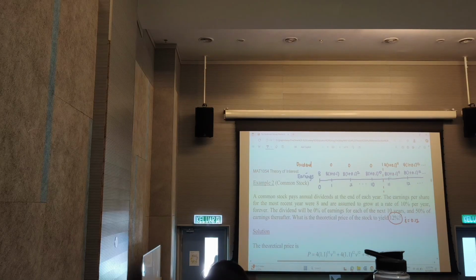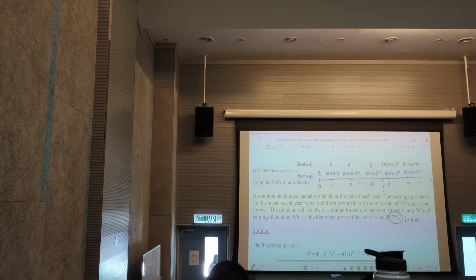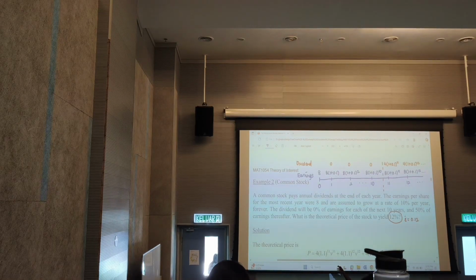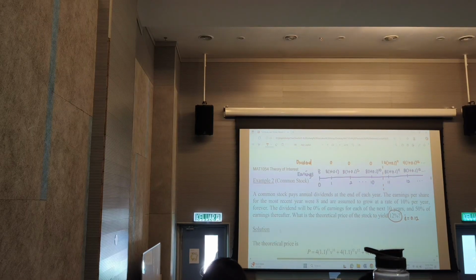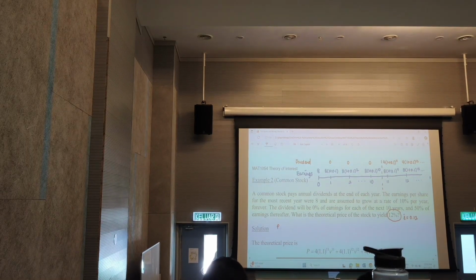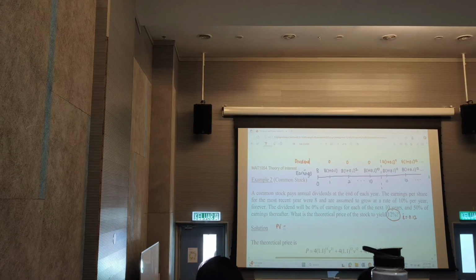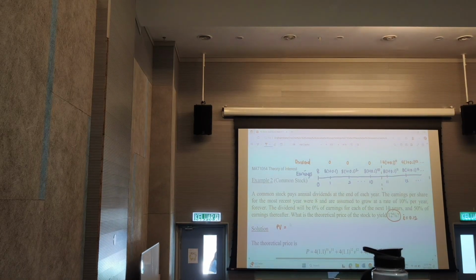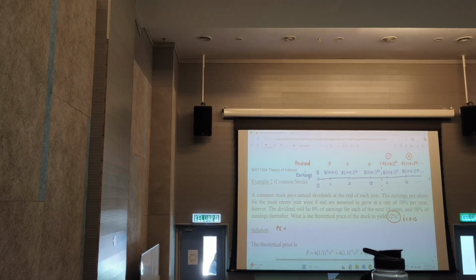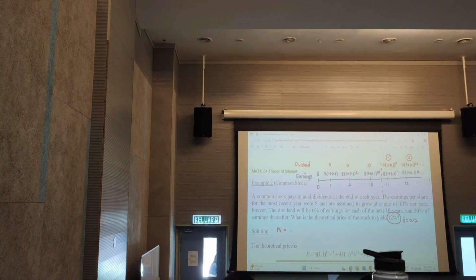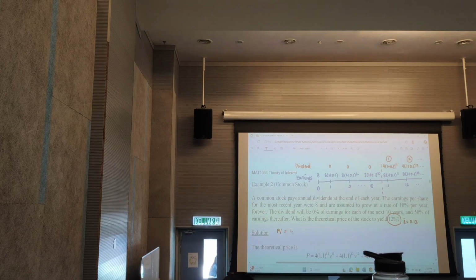So 8 divided by 2 is 4. I just write 4 here, 50%. So yeah, the later part does become a geometric series, but maybe you have to list it down in order for you to see it. So the present value, aka the price. So this is your first dividend, this is your second dividend, and so on. It goes on. So if you want to trace back to the present value,